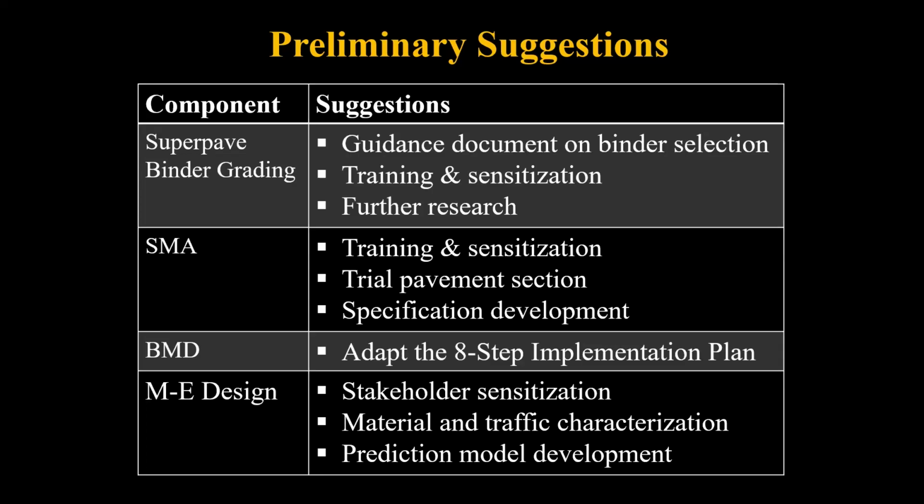I worked in Tanzania about 3 years ago, and they have started doing SMA. And then for balanced mix design, we can adapt the 8-step implementation plan that I showed. BMD is a big one. We need to sensitize stakeholders for them to know the relevance of it. And then we begin with our material and traffic characterization. We have an axle load database. We can start with that. And then we can start delving deeper into it by developing our